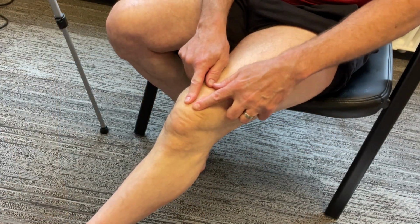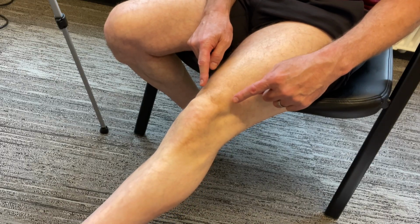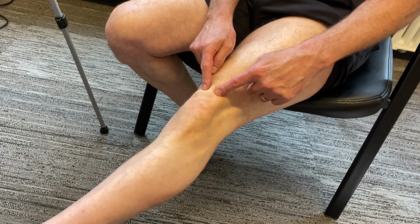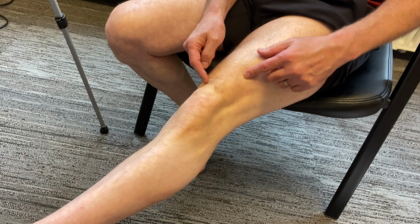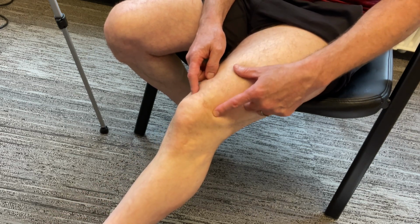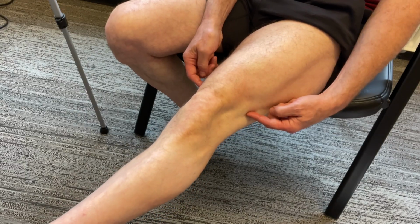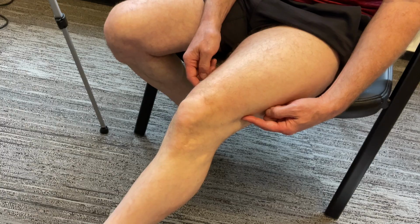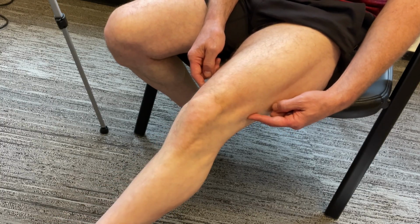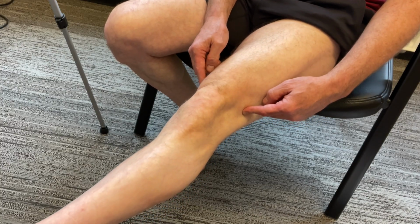So here's my deep distal thigh, and the first thing we're going to do is give it a full contraction by lifting the foot off the floor and then squeezing, so it's like you're pulling the kneecap toward the hip, and then relax. Give it a squeeze, and then relax. Squeeze, relax. One more time. Squeeze,